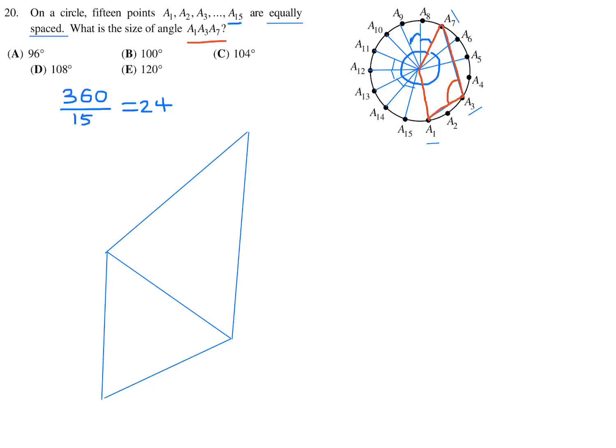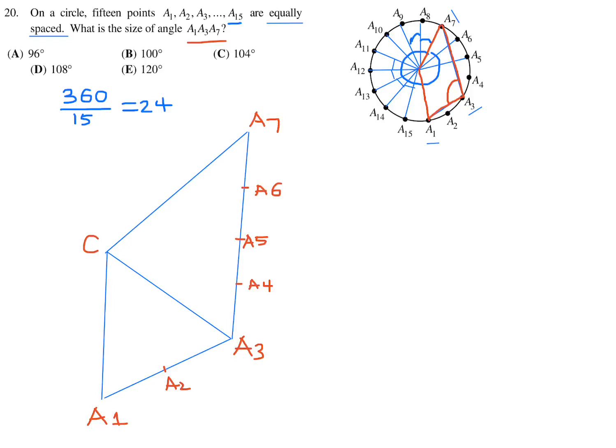And now I'm going to label it. So this is A7, this is A3, and this is A1. And this is the center of the circle. Now I'm also going to put in A2 right here, and I'm going to put in A4, A5,